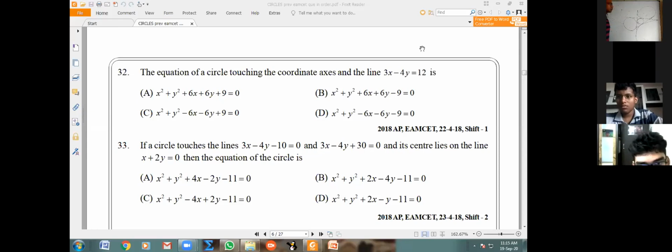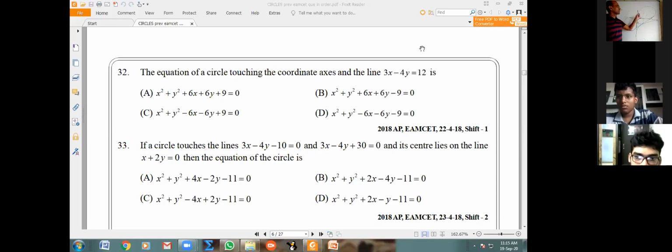Otherwise, if you want to do it subjectively, there are 2 ways. One is you can use properties of triangle. The radius of the incircle is r equal to delta by s. This length is 4, this is 3, this is 5. You know the sides of the triangle, a, b, c. R equals delta by s, r1 equals delta by s minus a, r2 is delta by s minus b, r3 is delta by s minus c. And once you know the radius, that is good enough.